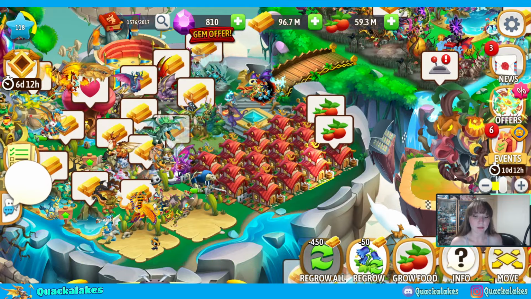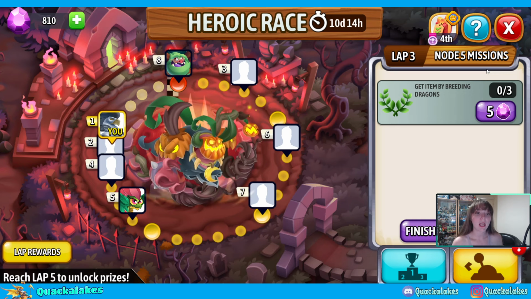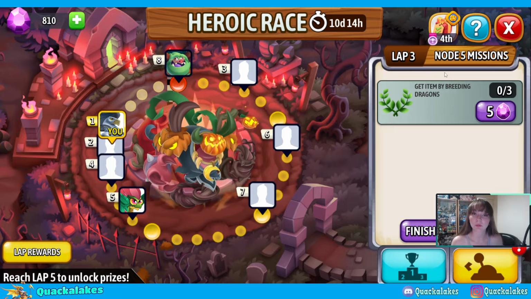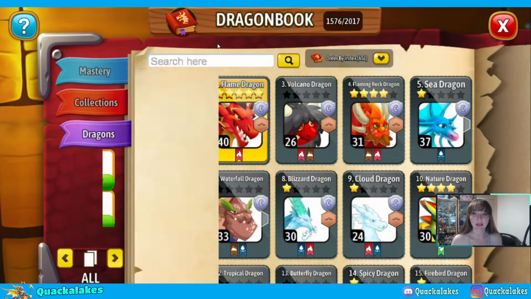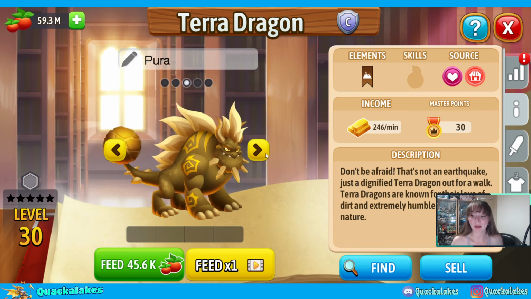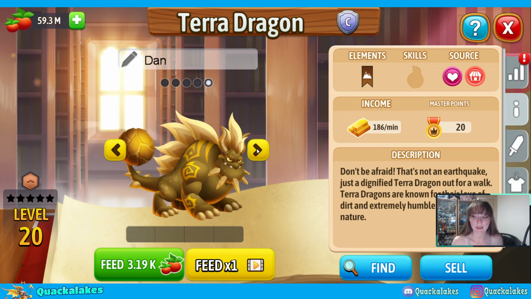So now we're going to regrow all again, come back, and now we have the breeding quests. So, like I said, you will usually, for these breeding quests, use the shortest timer that you can to do this, which is going to be Beloved Terra X Terra. And, if I search up the Terra dragons here, you'll see that I've got empowered Terras, 2 of them, in fact, but then I have 2 non-empowered Terra dragons, and these non-empowered Terra dragons are the ones that you want